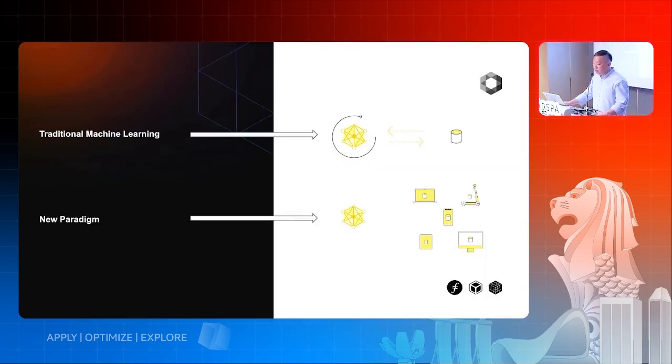So in summary, traditional machine learning looks like this. On the top row, you centralize all your data in one place through different data pipelines, train your model, and then you have insights generated out of your model. The new paradigm, however, is that you train the model on the edge device and then send the weights to a centralized server to create the model itself. So you don't really need this data exchange to happen.